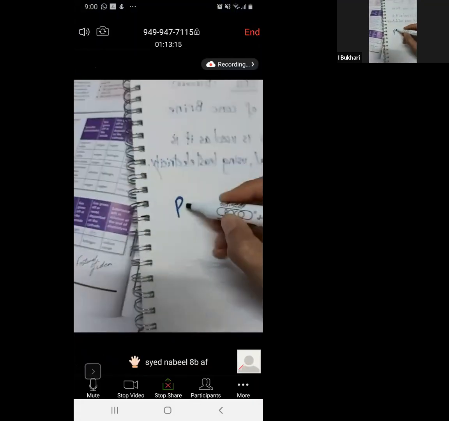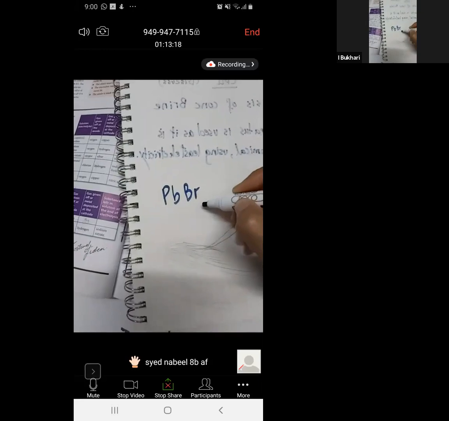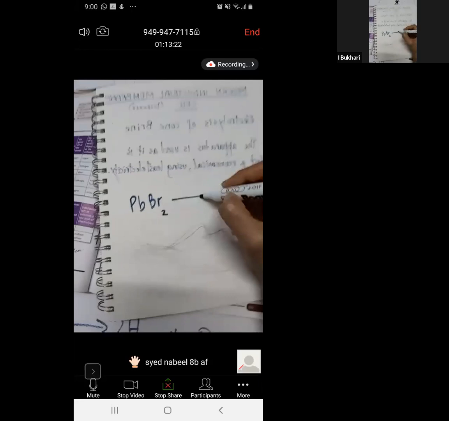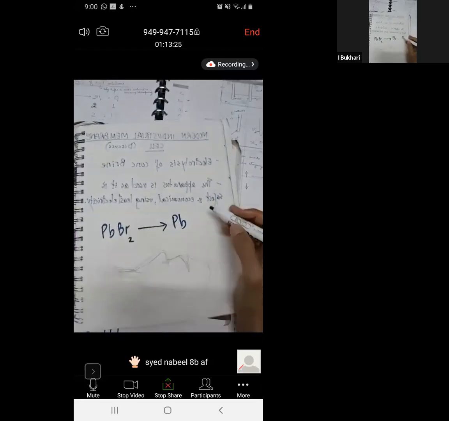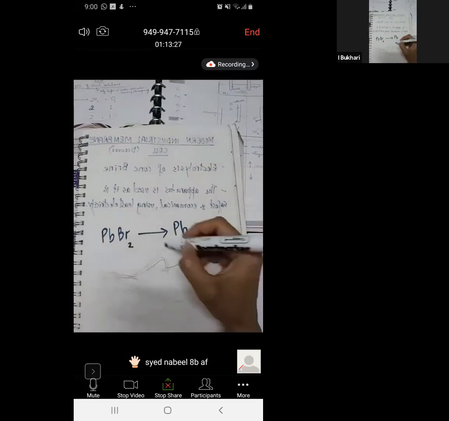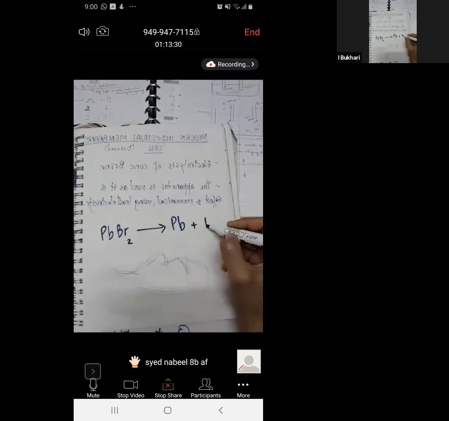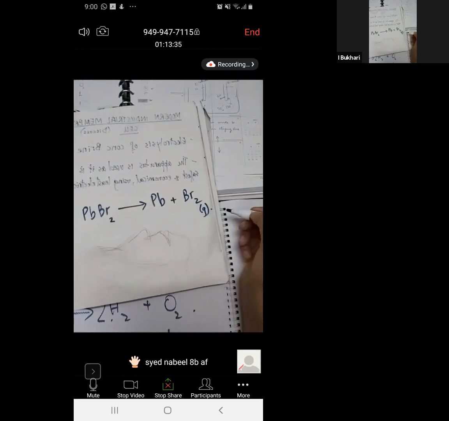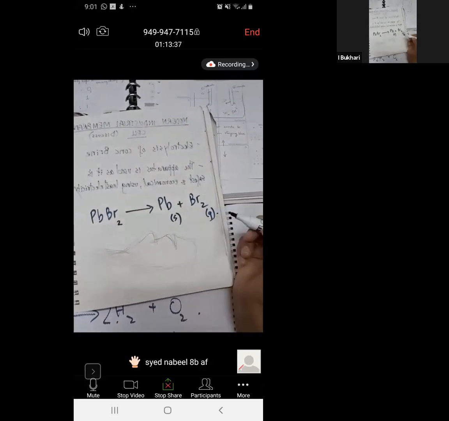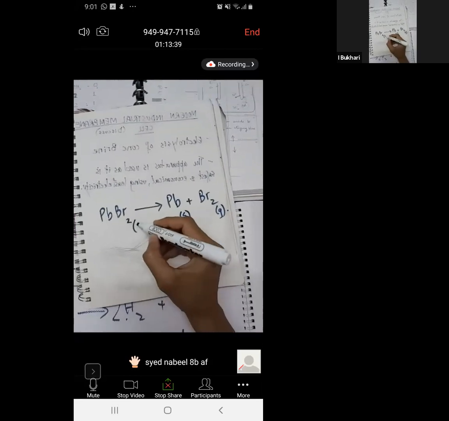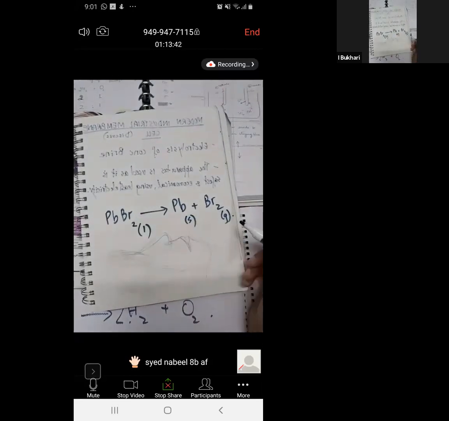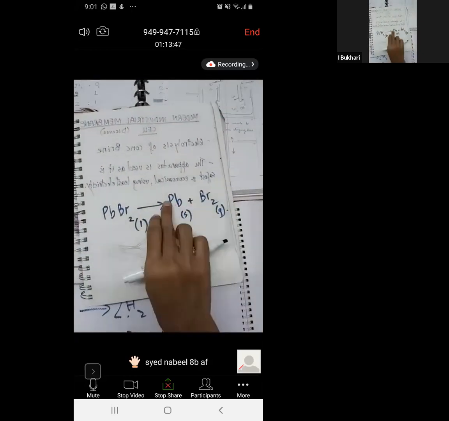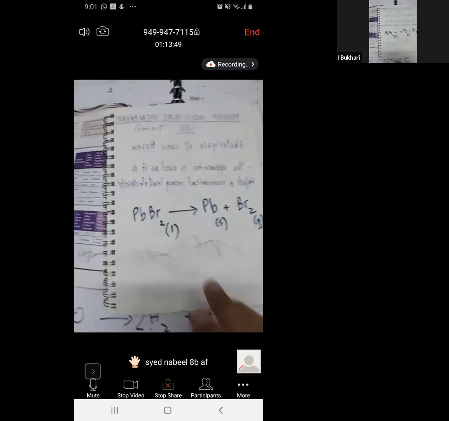I will write lead bromide. Lead has an oxidation status of 2, right? So lead exists as a metal atom. Metals exist as atoms on their own, and bromine is diatomic. Bromine is a gas, vapors at room temperature. Lead is solid. This is molten, yes, in our case it is molten. So simple. Did you see? This is the simple overall reaction. Then you can do the half-reactions and so on.